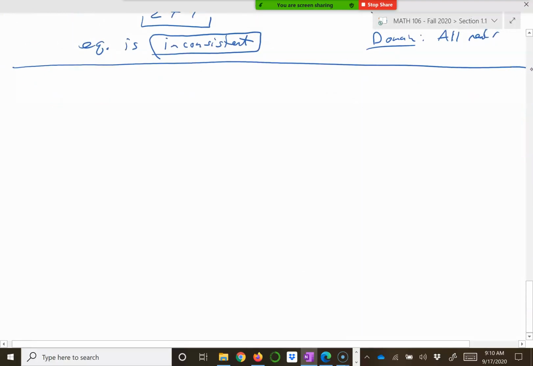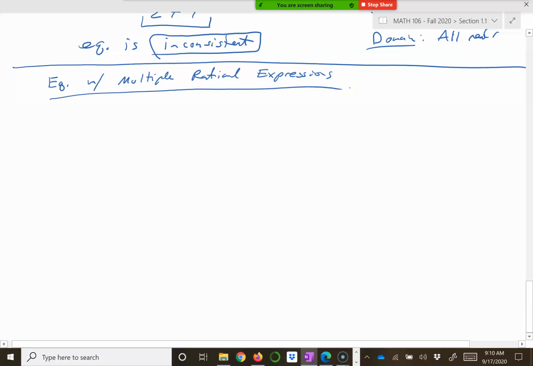All right. We're going to go over one more type of equation to solve. And this is going to be equations with multiple rational expressions. All right, these will be the ones that are the trickiest ones. So let me just throw one out here so you know exactly what I'm talking about. Say you had